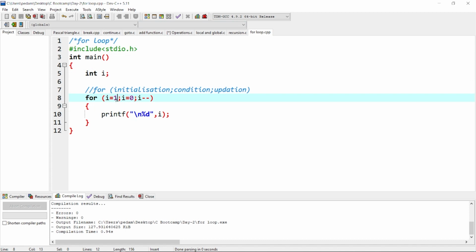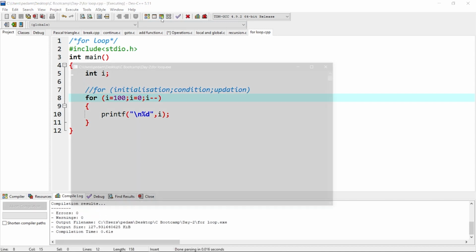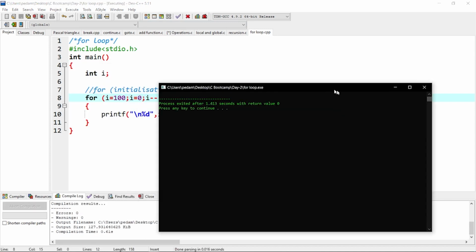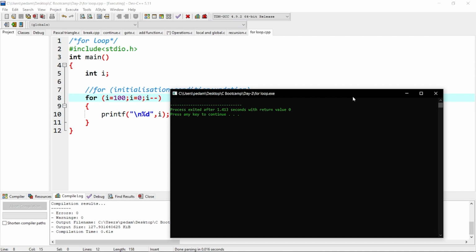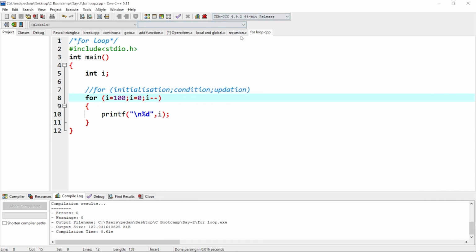Now int i, the initial value is 100. Let's suppose if this is the case, it is going to print from 100 to 0. It is going to decrement the values. Okay, there is some error with my Dev C++ compiler. Anyways,